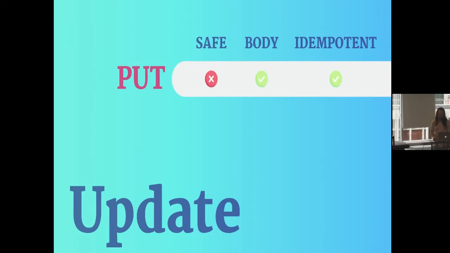So update. Update is not safe, right? Because we're changing the state of the server, at least the first time we make the request. There is more normally body data. That's how we're going to pass maybe a new title or new content. And then an update also is idempotent because, again, if I have a resource and I replace it with a resource under the same ID, then I have a new state. That's my first change. But after that, making that exact same request again, we'll just keep replacing the same resource with the same resource, so it's idempotent. So that's why we use PUT for that, yes?